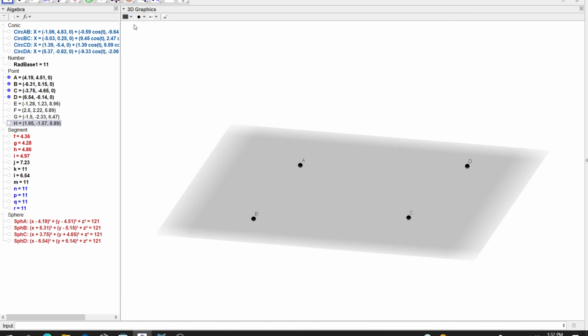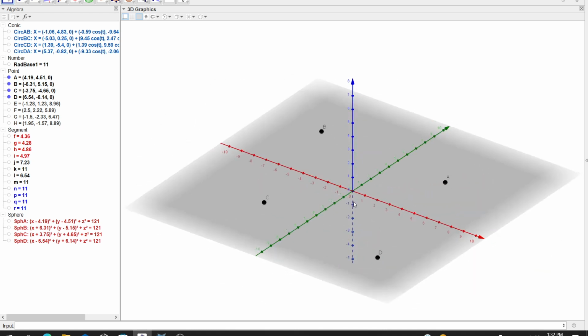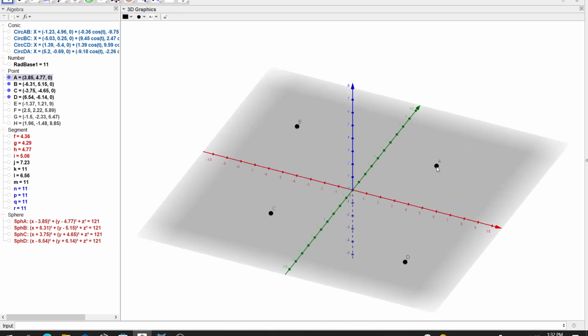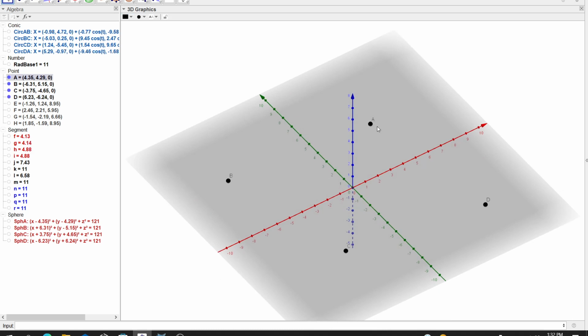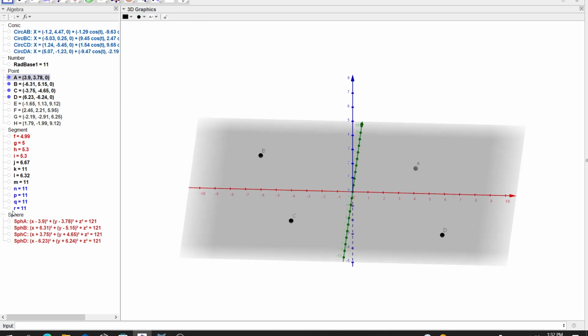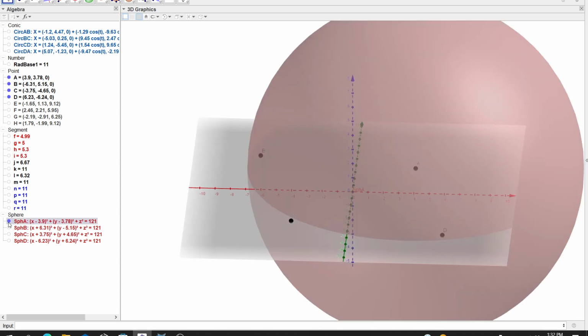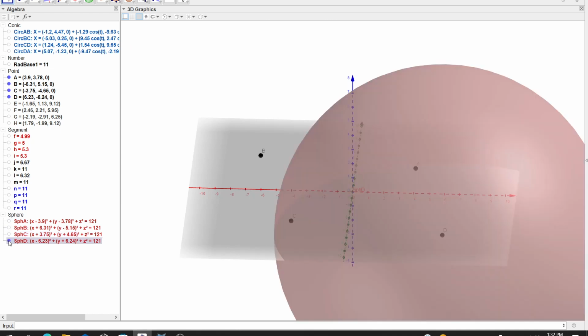We have an experimental kind of form finding idea. 4 points, they're all on this ground plane. It doesn't really matter where they are, but I put them in each of the 4 quadrants formed by the x and the y axes. Then I created a sphere around point A, a sphere around point B, C, and D,